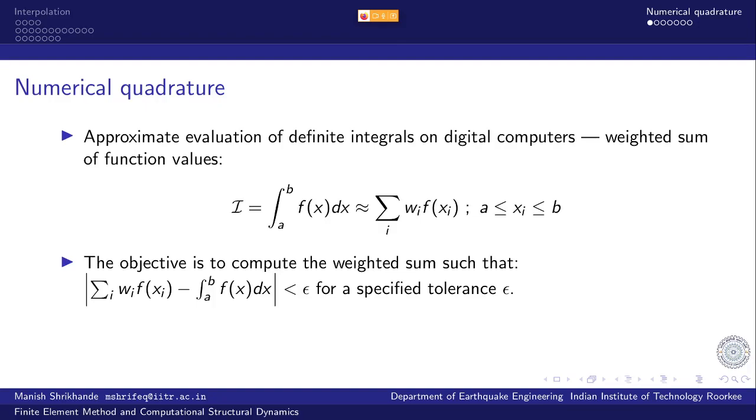The objective of this approximation is to compute this weighted sum, where wi is the weighting coefficient, and f of xi is the value of this function evaluated